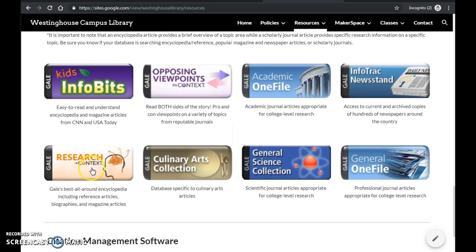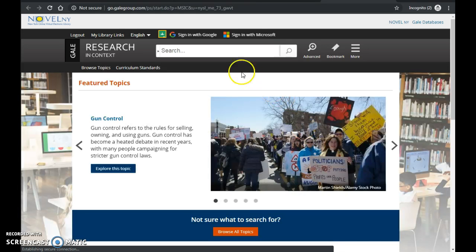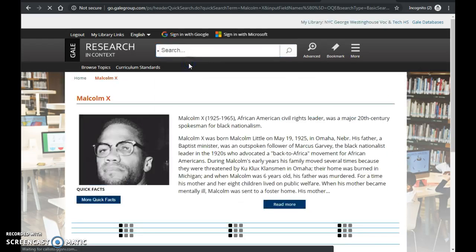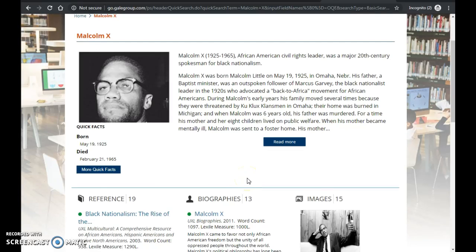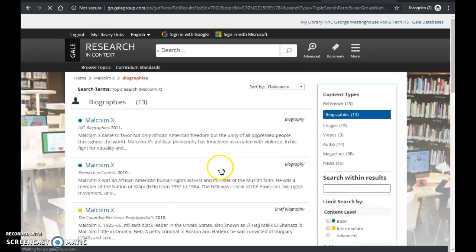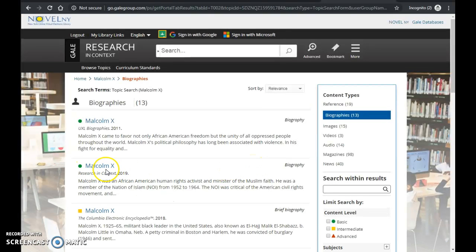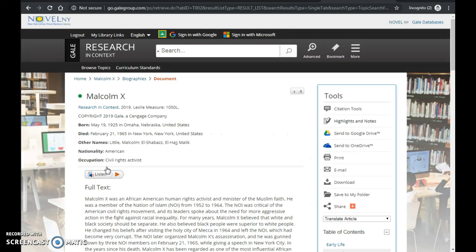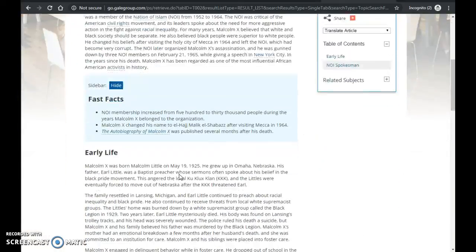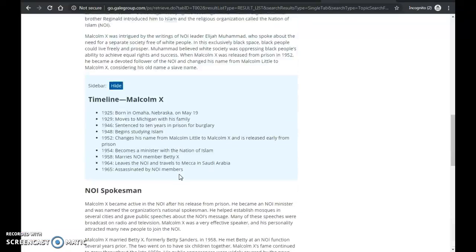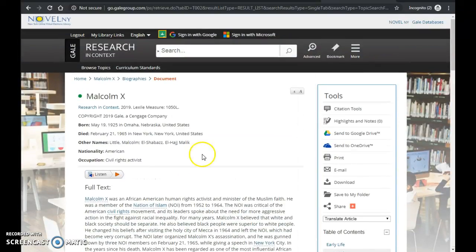So just using research in context, I'm going to search for Malcolm X. And I have a good deal of biographies and reference articles about Malcolm X. So if I look under my biographies, this one's from 2019. That sounds pretty recent. And if I decide that I like this article, it looks long enough for my purposes,